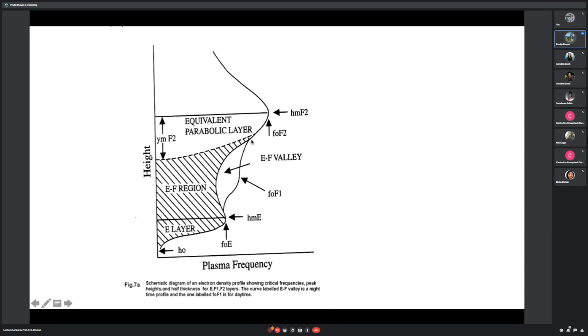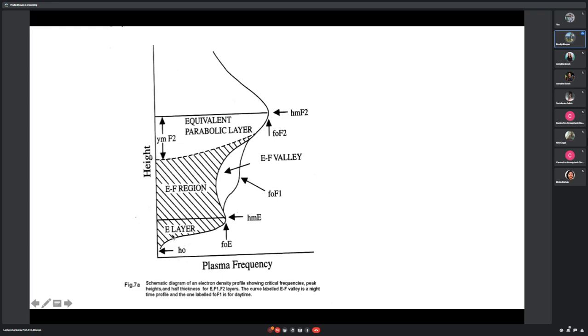It starts from where F1 gives way to F2. So we can say your F2 starts from here and goes like this. All this is F2. It is not that it is only this point. Similarly, F1 also, or E also, is not at this point only. It has a layer, a number of electrons and ions present over a range